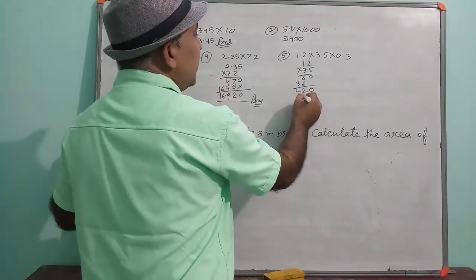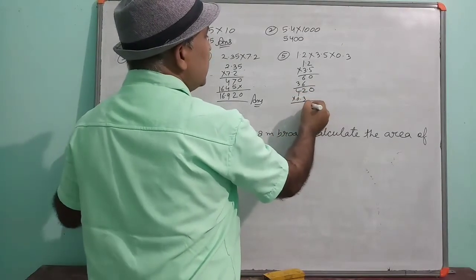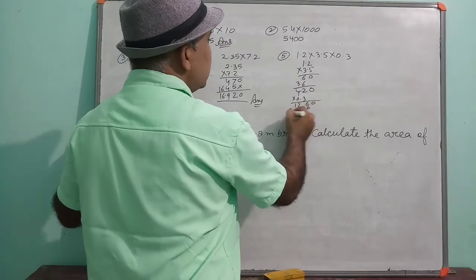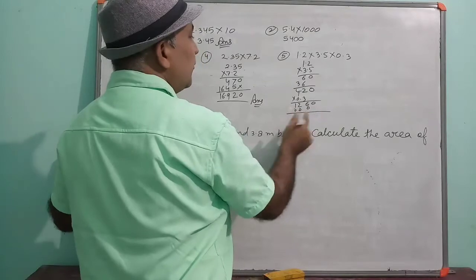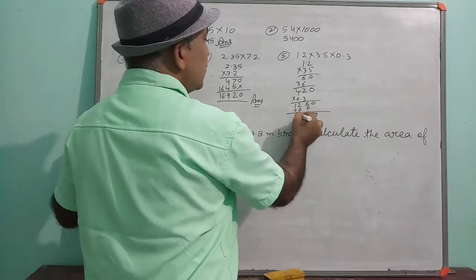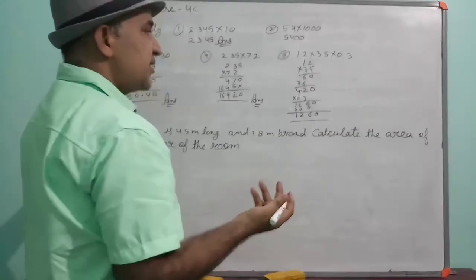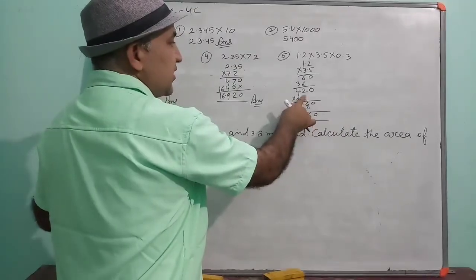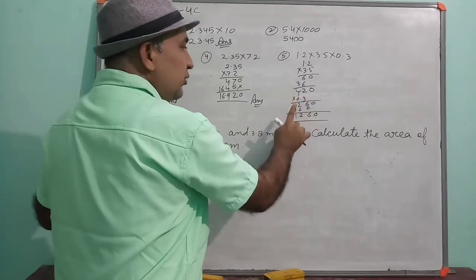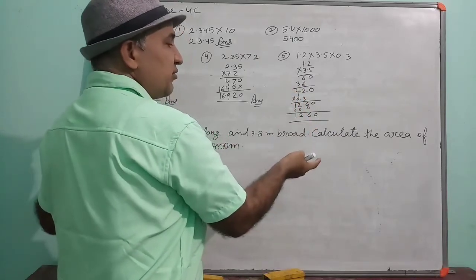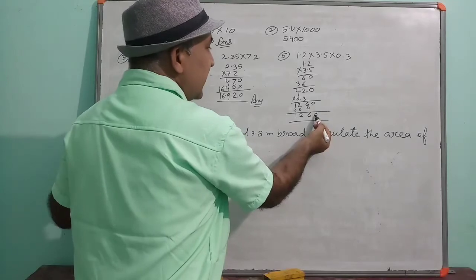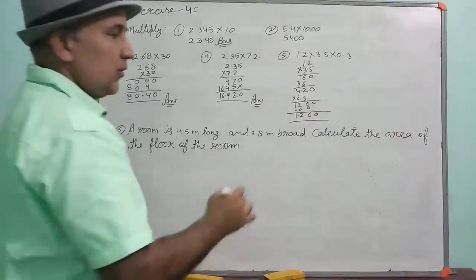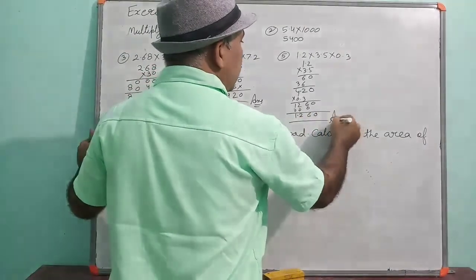Okay. Now multiply by 0.3. 3 into 0, 0. 3 into 2, 6. 3 into 4 is 12. Then 0, 0 and 0. Okay, now 0, 6, 2 and 1. Now see where to put the decimal. After the decimal 2 digits, after the decimal 1 digit. Total 3 digits are there. So in your answer also after the decimal there should be 3 digits. So from the right hand side 1, 2, 3. After 3 digits you will put the decimal. Okay, this is your answer.